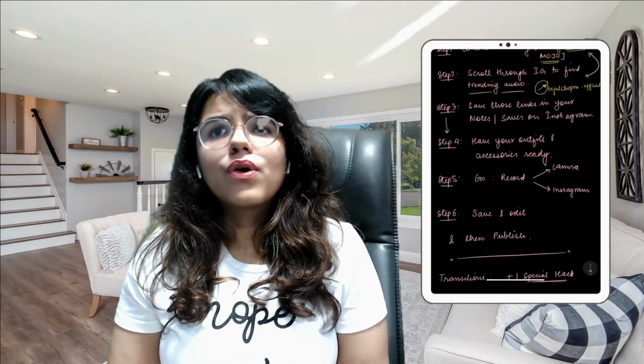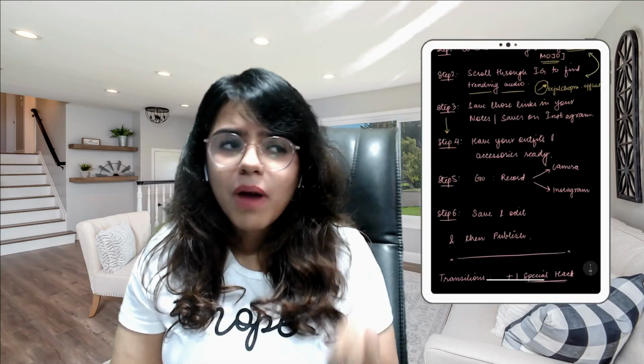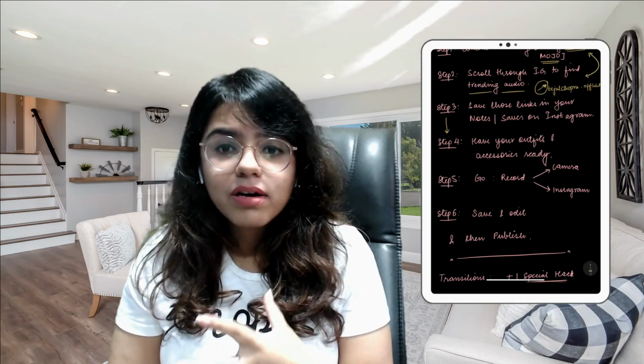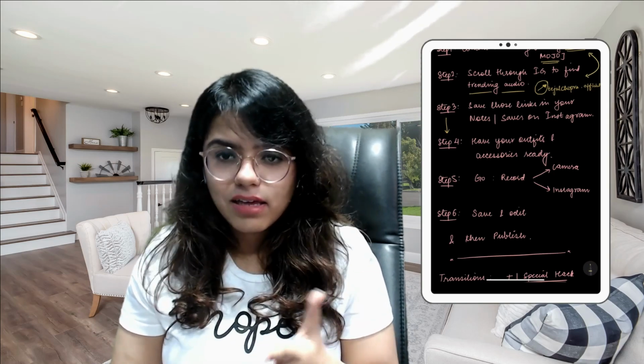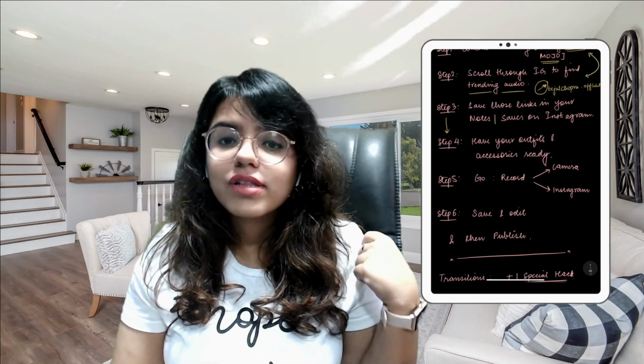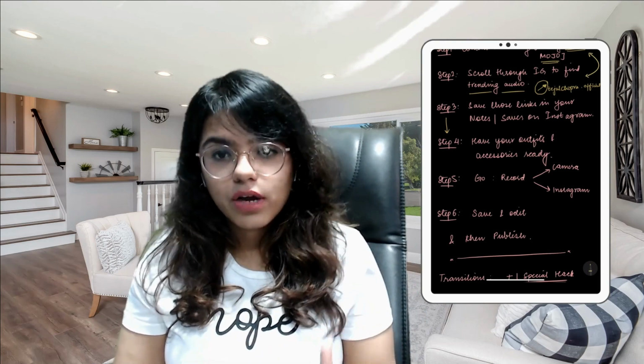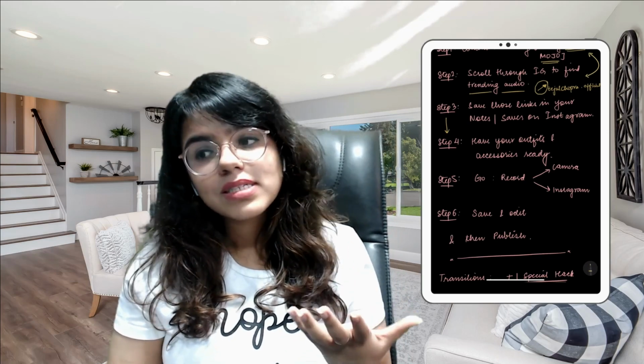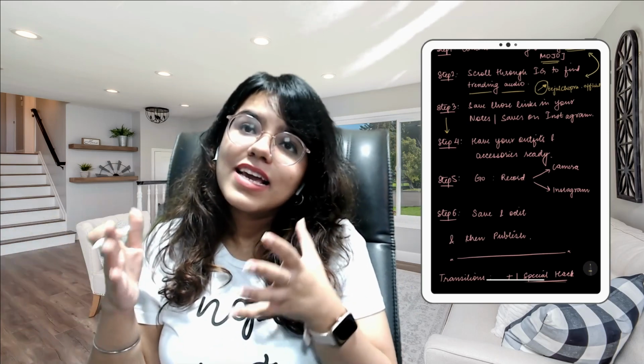So after step 3, we'll be moving to step 4, which is have your outfits and your accessories ready in case you want to work with your iPad or your mobile phone, your mug, a cup, a holder, a folder, a planner, anything. So whatever your accessories are, or whatever the outfits you need, ensure that they are ironed and ready for you to record. Batch recording becomes much simpler if you have everything in one place